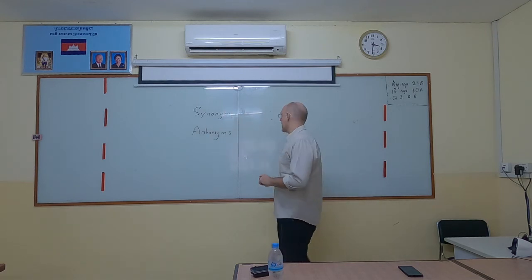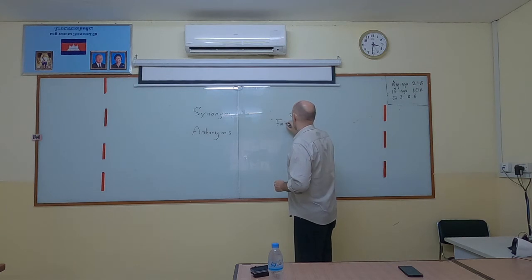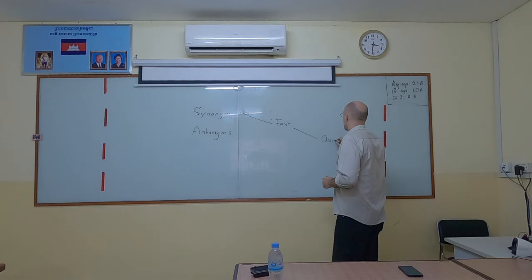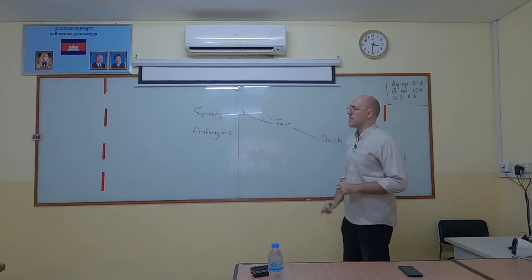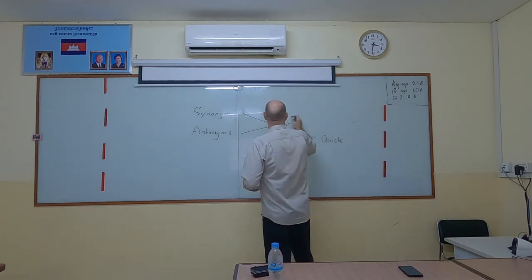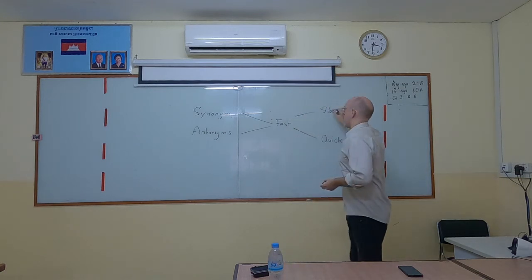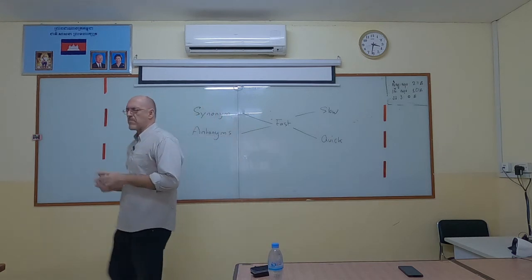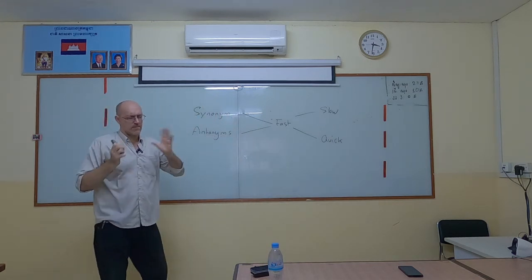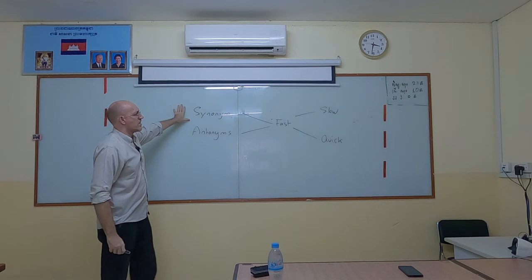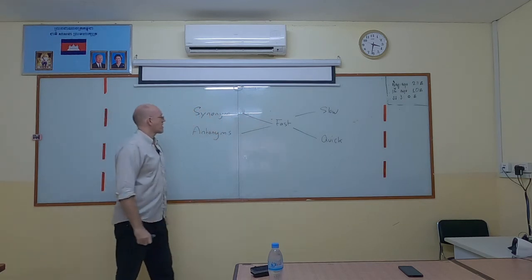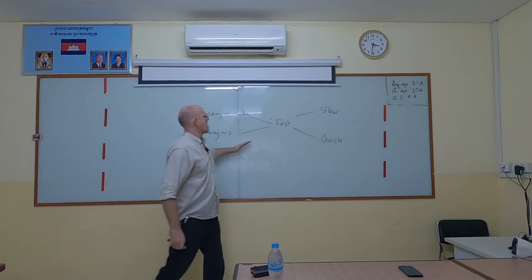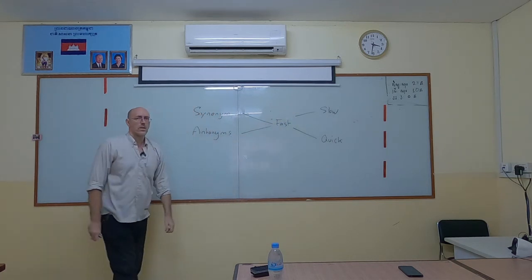Okay, so if we've got a word like fast, then a synonym of that word would be quick, because it's like it, it's similar. It means something very close. An antonym of fast would be slow, because it's the opposite. It's as simple as that. So that's what a synonym antonym is. I'm sure most of you know that already. Maybe just help you to remember. Synonym is similar, so fast goes to quick. Antonym is the opposite. I feel like I've spelt that wrong. So fast goes to slow.